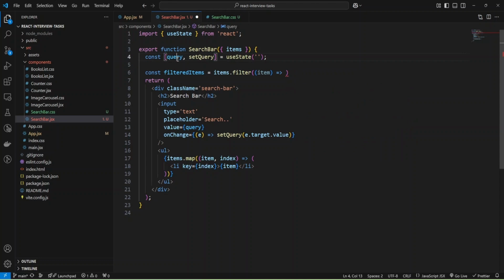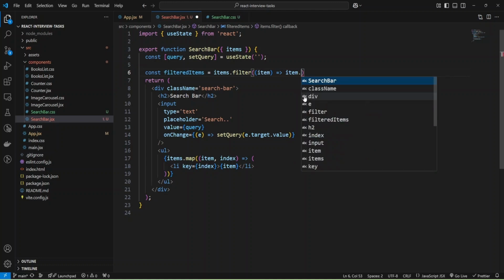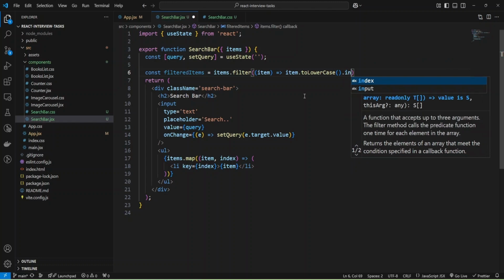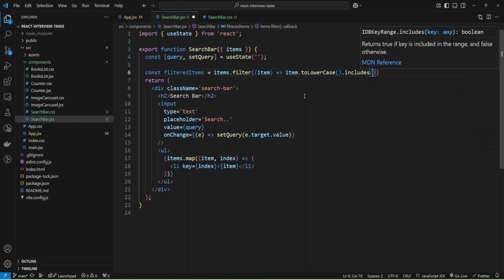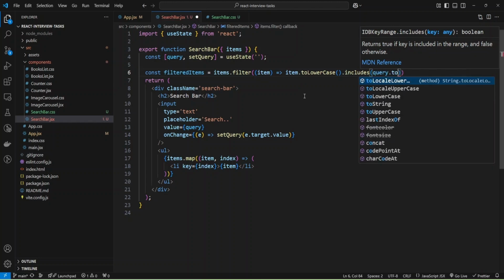For each item, I'll provide the function for my filter, and I'll include the items only if we have the value of query in the item, and for that I'm going to use item toLowerCase. It will be case insensitive, and also now I can use includes function, and let me provide query, and use toLowerCase also.